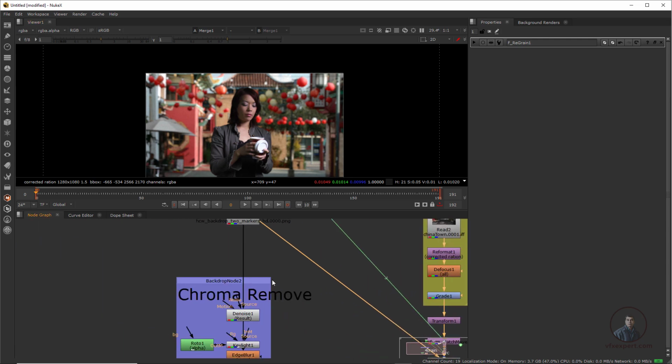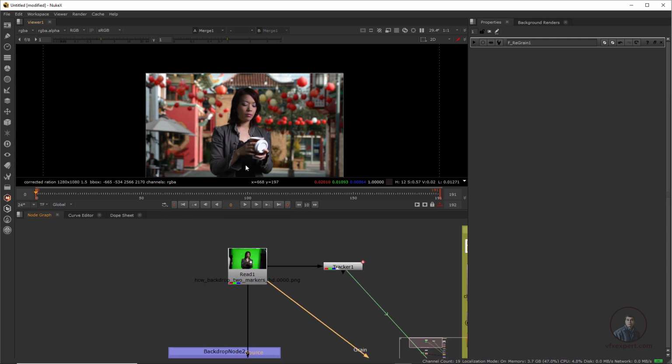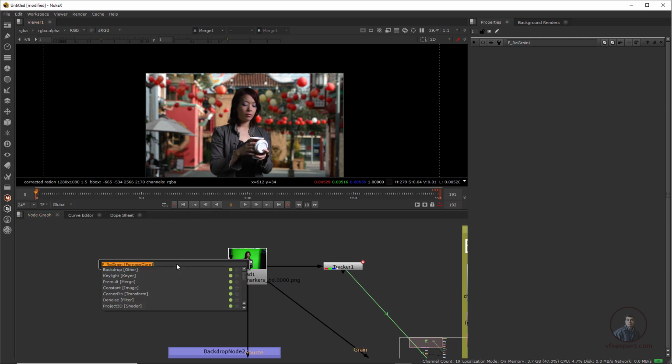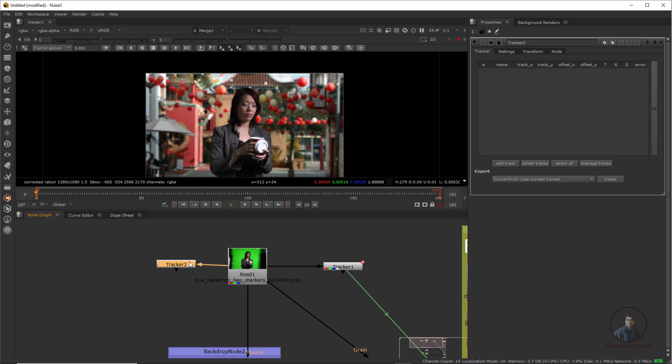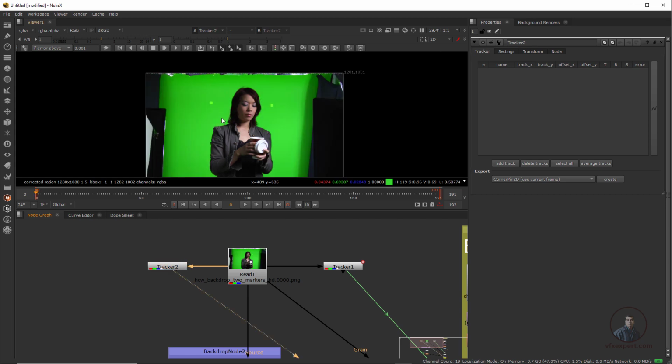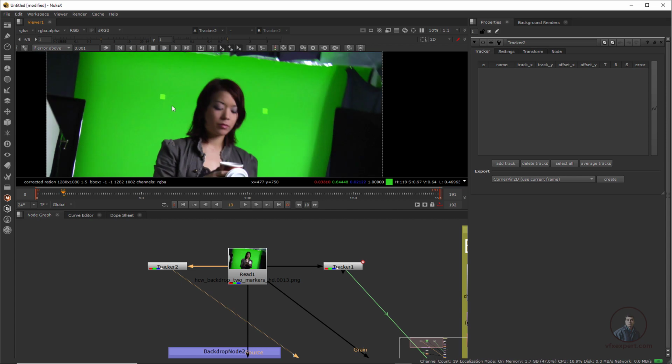So one more important thing here: suppose you have a little bit of problem while you are tracking your shot, so again just take a tracker here, this one, and connect the tracker here, select this one, press 1 here. So suppose in this shot or in another shot also, if you are tracking your shot and due to motion blur, even due to fast motion, you are getting some problem with your tracking, then you can also track your shot with the help of keyframe tracking. So here I am going to explain how you can track your shot with the help of keyframe tracking.